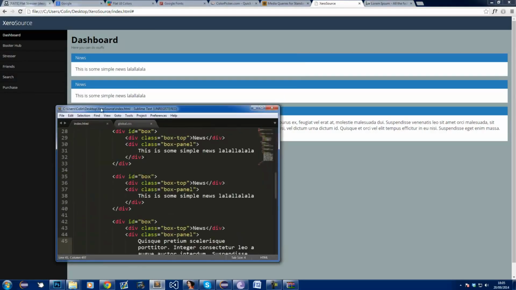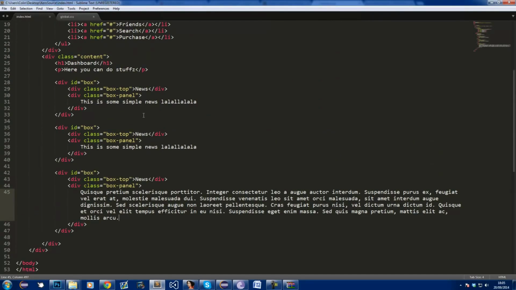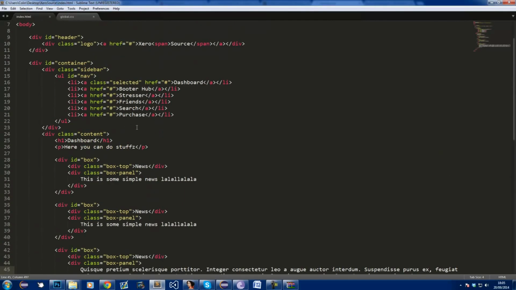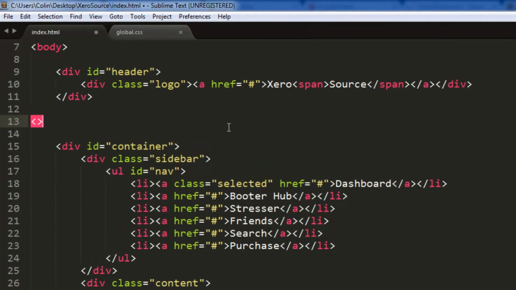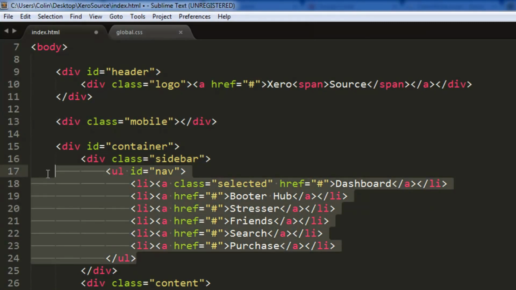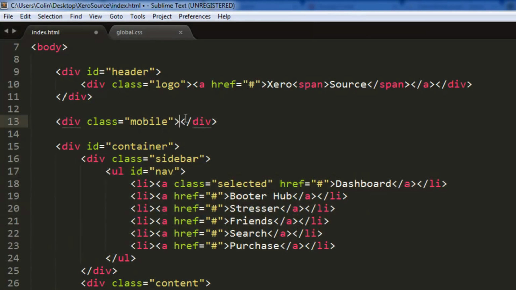What we're going to do is add in, just above here, above the container, the mobile. So div class. You're wondering what I'm talking about when I say mobile. This is what we're going to click to shift down the mobile menu, because what we're going to try to do, it might not work too well, but we may have to duplicate this menu here, which is kind of bad practice, but it works. So if it works, it works. So mobile,